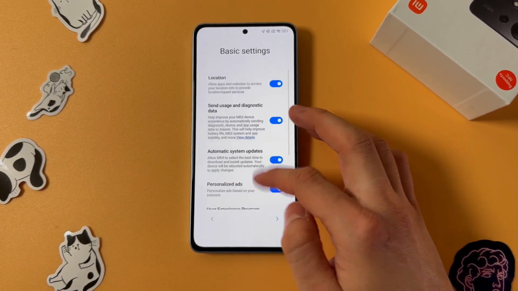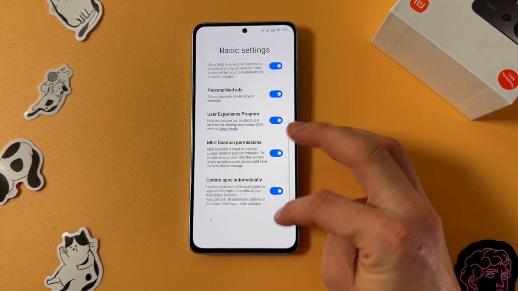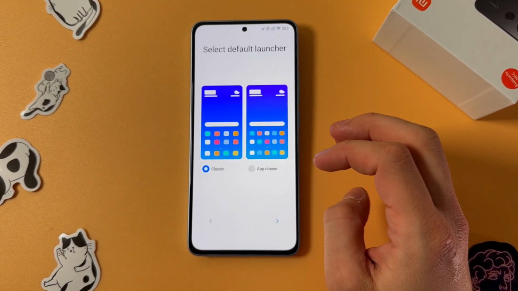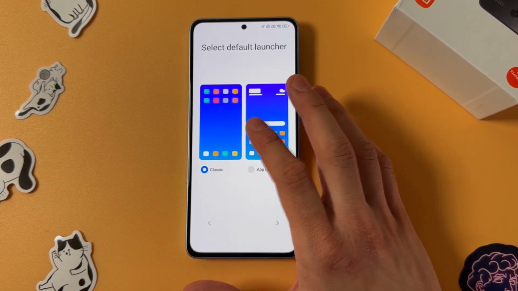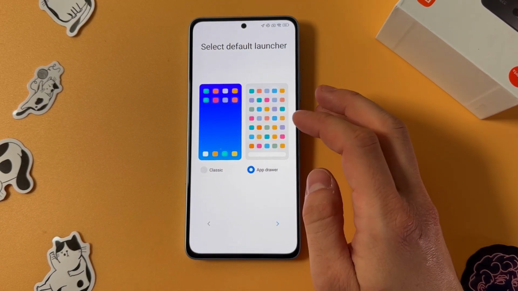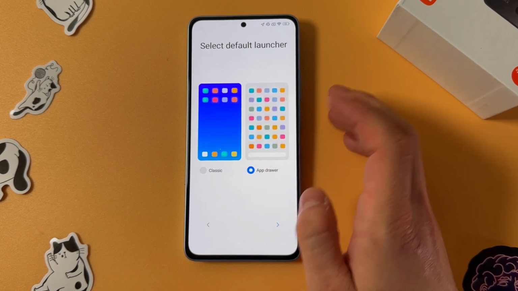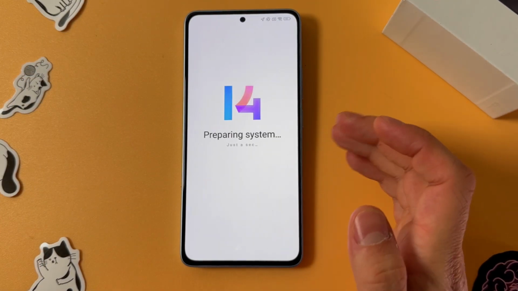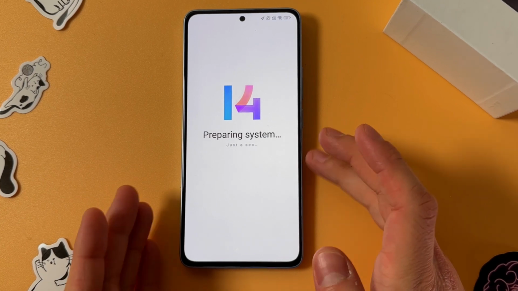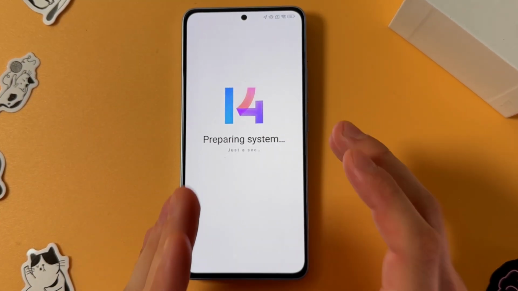So here we go through your basic settings. If you're satisfied with everything, press next. Choose your default launcher. You can choose between classical Xiaomi and iPhone-like or more Samsung-like style with a drawer. I'll stick with the classic one. Give your phone 1 minute. Your new Xiaomi Note 13 on your